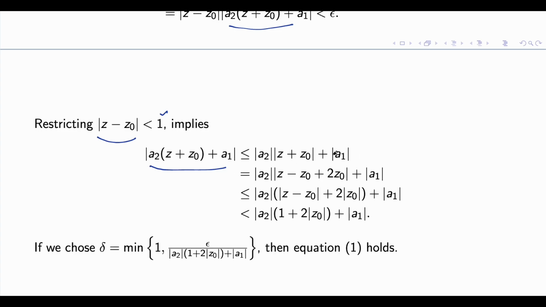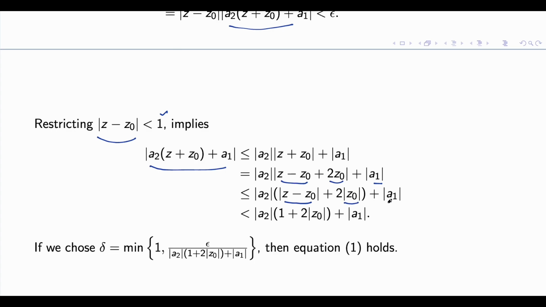The triangular inequality I have used. Now I am going to add z naught and subtract z naught, so we get mod of (z minus z naught) plus 2 z naught. Again, using the triangular inequality, I get mod a2 times (mod of z minus z naught plus 2 times mod of z naught) plus mod a1,